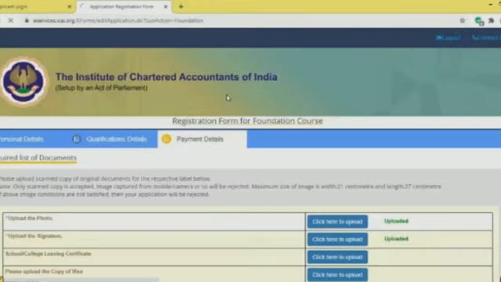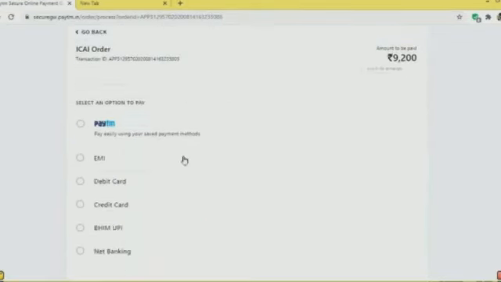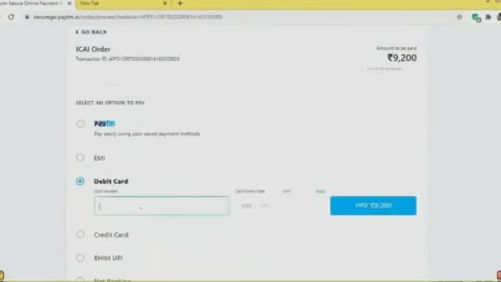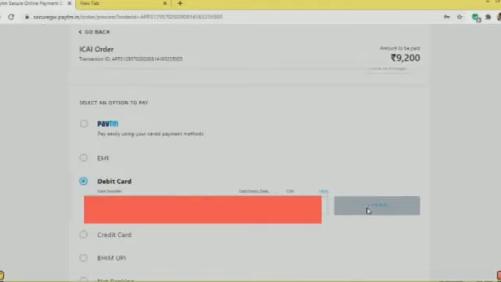That's all. Your personal details and qualification details are uploaded. So the last step is your payment details. So see, 9,200 amount to be paid. It may be through Paytm, EMI, or so. EMI is not advisable. You just use a debit card, credit card, or net banking, like that. So give your card number. I think all of you know how to do net banking or use a debit card. So just give those details,